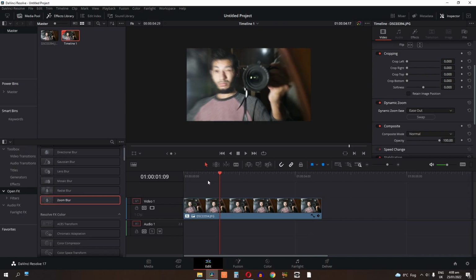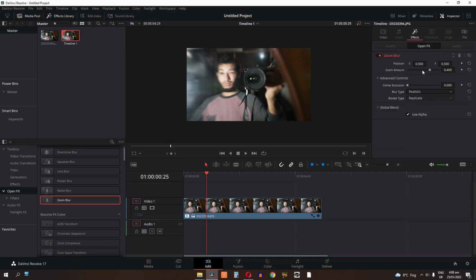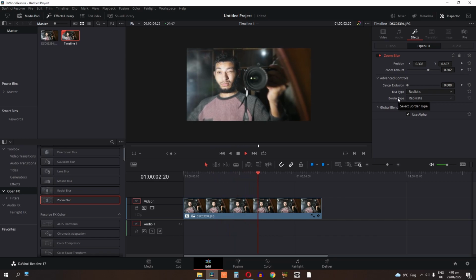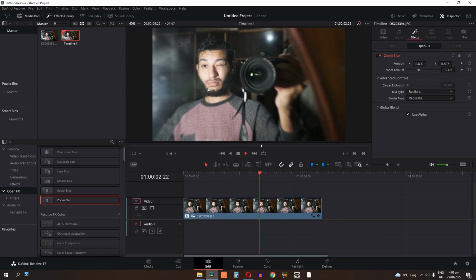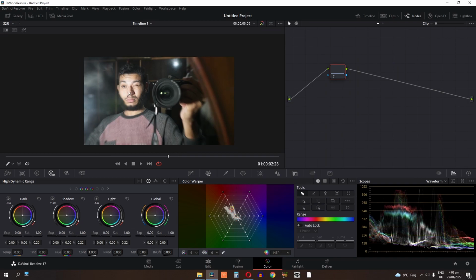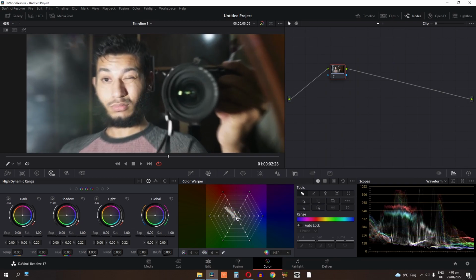I'm going to just apply this zoom blur. Go to the effects to control the effect and its position like this. This is perfect. Now I'm going to the Color page to color grade this clip, zoom in, and